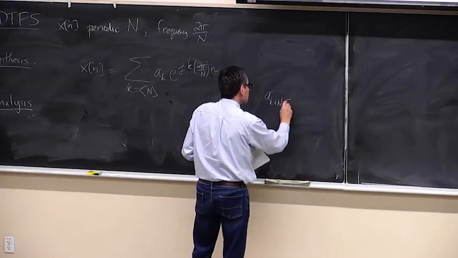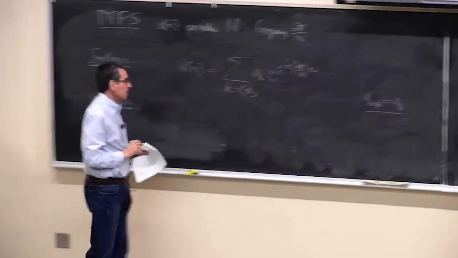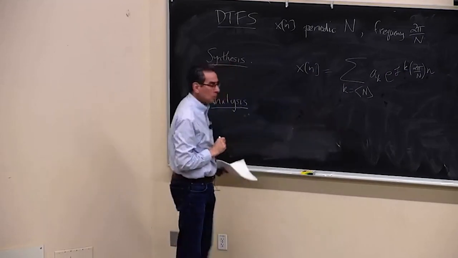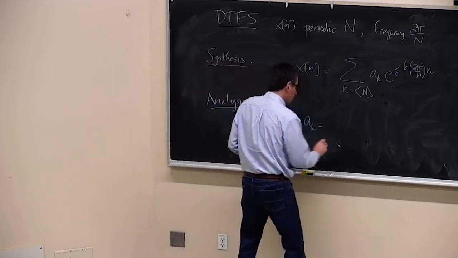a sub k plus N is equal to a sub k. That's something we used on the midterm. And so we could take any sequence of N of those in a row to build up that signal. And how did we get those a sub k's? Well, we got them through the analysis equation,